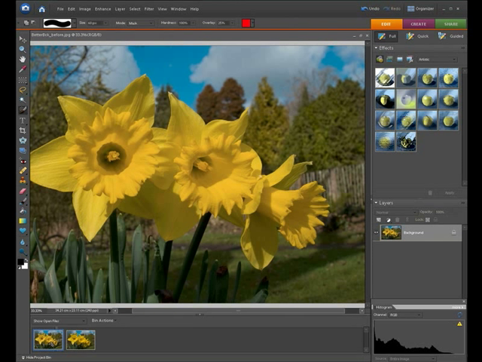So the first thing that we need to do is duplicate our background layer, and we can do that by a shortcut of going Ctrl J or Apple J. Before you do that, make sure that you've got your background layer selected. Just go Ctrl J and you'll see layer 1 appear, and that's your layer that we're going to start working